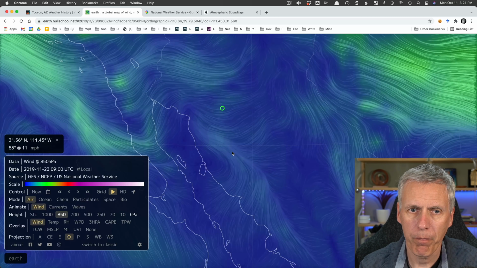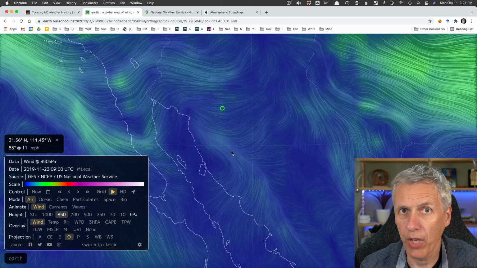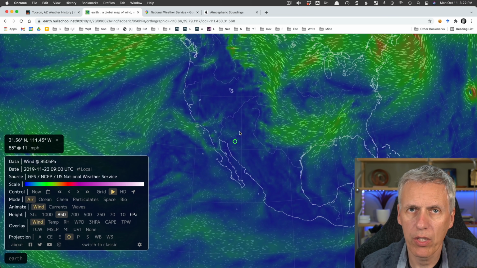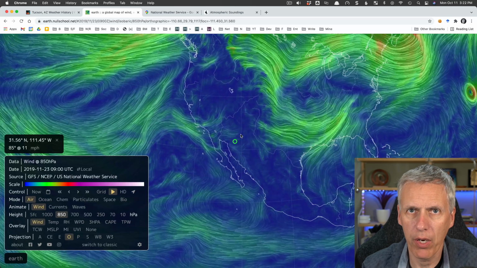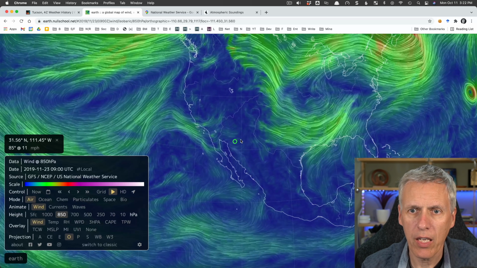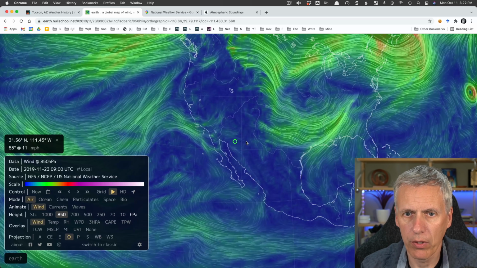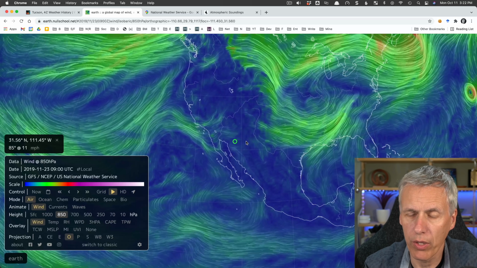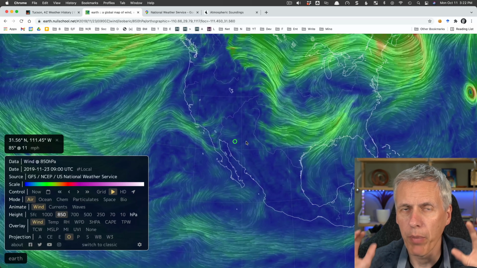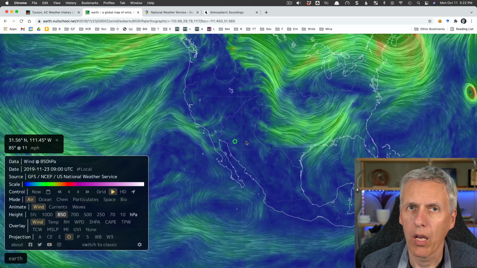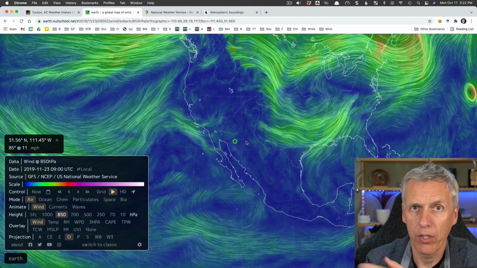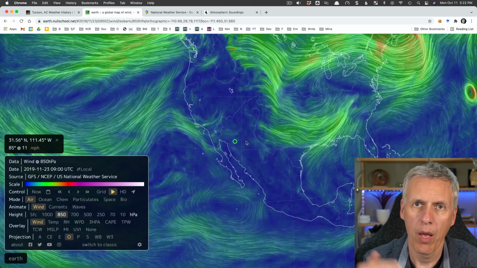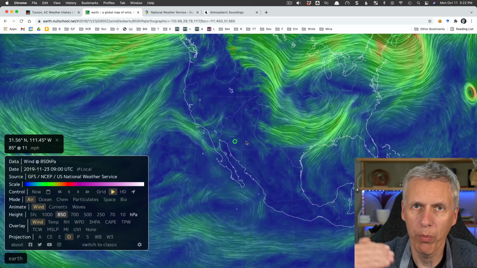Another thing that people do, which can be a mistake, is use atmospheric soundings. Now, the way this particular site works is that it's using what's called a 0-hour weather forecast. It's taking all the data from all the different sensors we have around the world, all the weather balloon soundings, and all the ground stations, and all the satellite data, and that's all being pumped into a model. There's various different models, computer models, and the model will forecast the weather. Now, the main purpose of forecasting the weather is to predict what it's going to be like a few days in the future. But it also allows you to figure out what the weather will be like between two weather